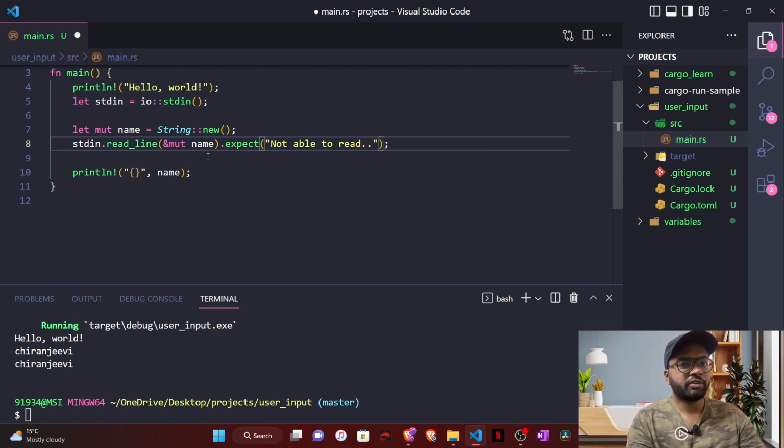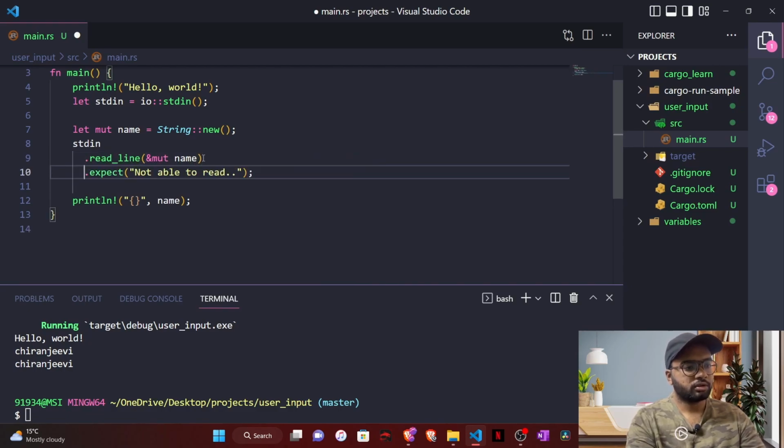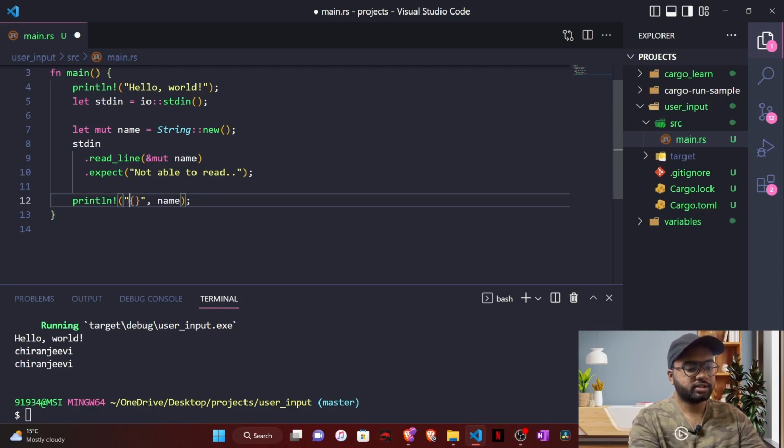When we are using function chaining like this, it is better to write them like this. We are going to see all the functions listed like this if you are going to chain multiple functions. This is not going to change anything related to functionality, but it's just going to look a little bit better. Also, let's change this line to "my name is" and this thing,